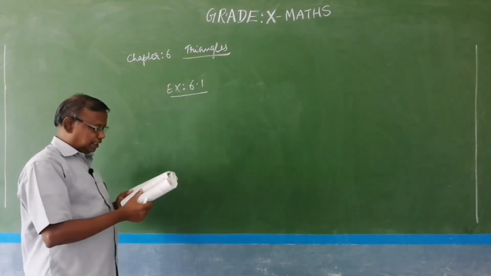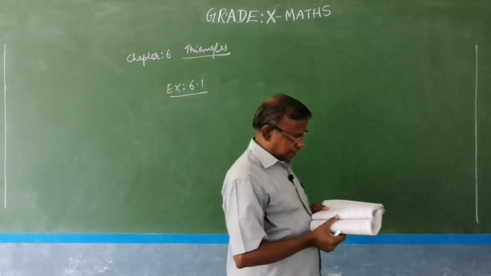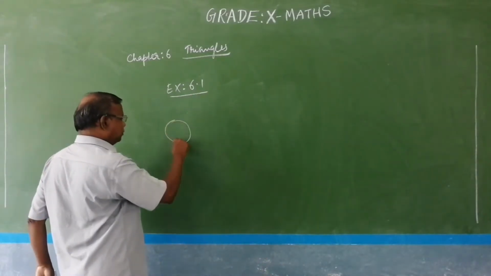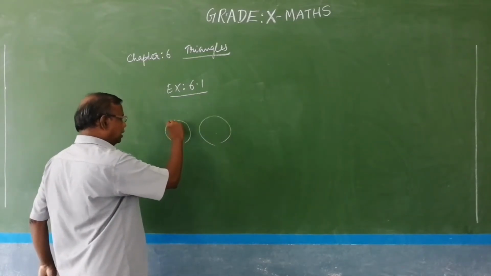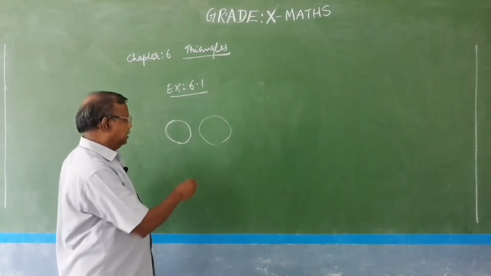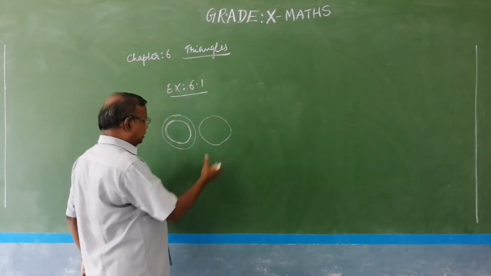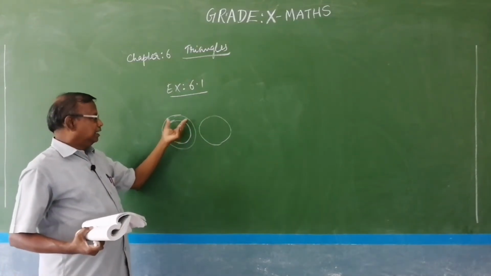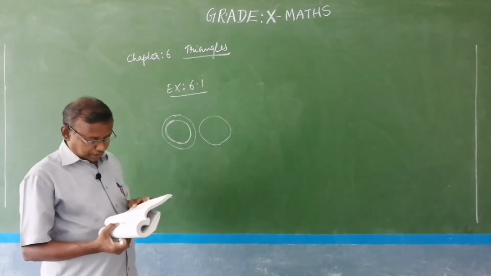Fill in the blanks using the correct word given in brackets. All the circles are, you can't say congruent, similar. In case of congruency of two circles, they must coincide. If you place one circle on another, they must coincide. If they coincide, they are said to be congruent. But if they don't coincide, they may be concentric circles or something like this. Those circles are similar to each other, but we can say it is not congruent. So you can choose the right option in the first one.